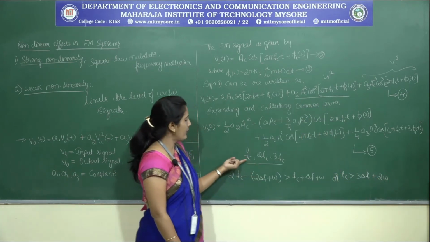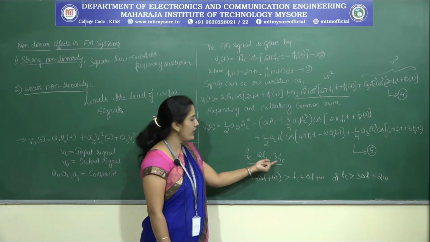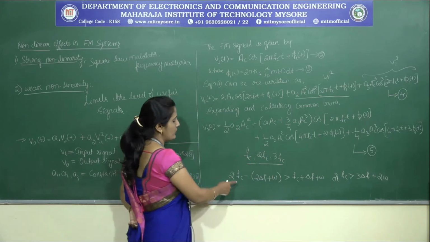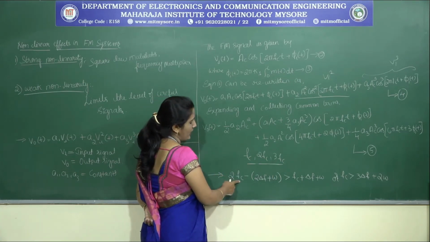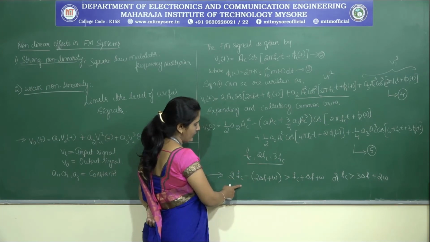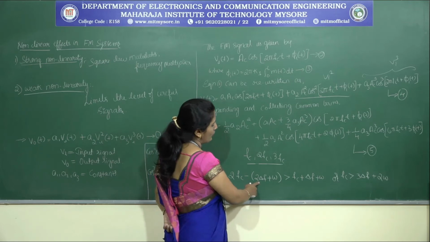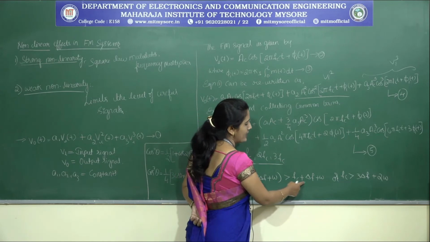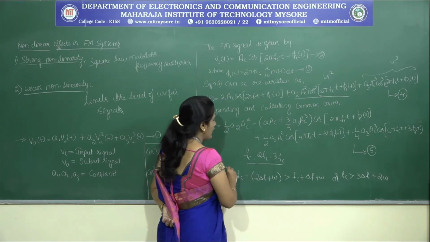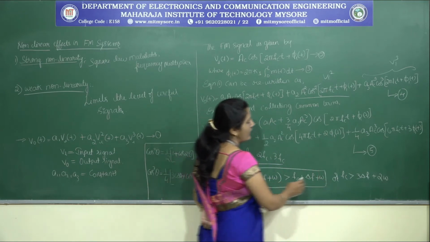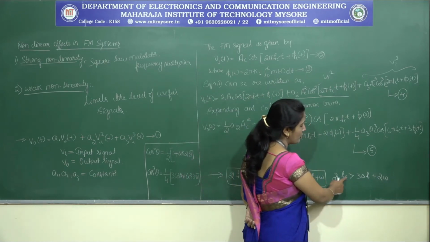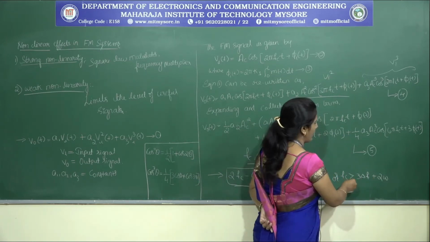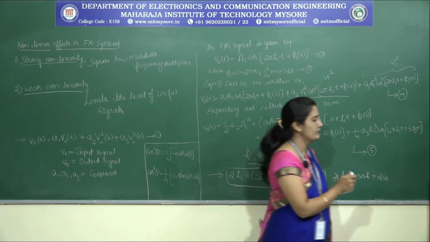After getting these 3 carrier frequencies FC, 2 FC and 3 FC, we have to separate the carrier frequency from 2 FC and 3 FC. If we follow this condition, we can separate the carrier frequency from the other frequency components: 2 FC minus 2 delta F plus omega should be greater than FC plus delta F plus omega. So this is the condition we have to follow, or FC, the carrier frequency, must be greater than 3 delta F plus 2 omega.